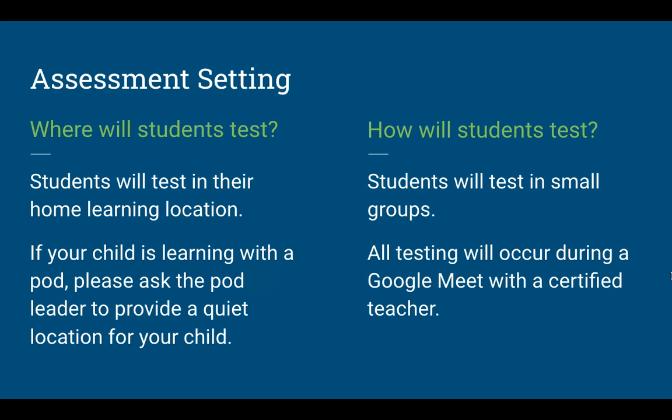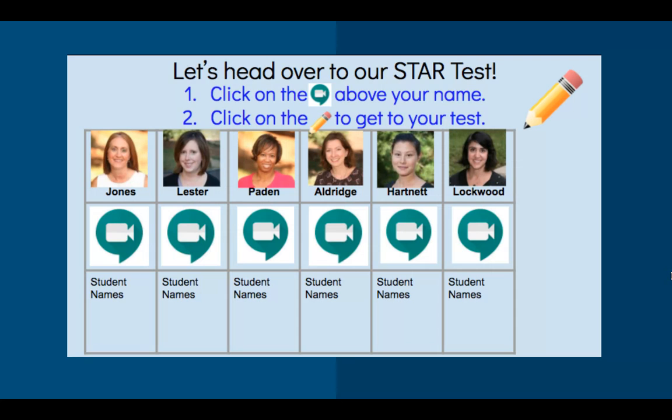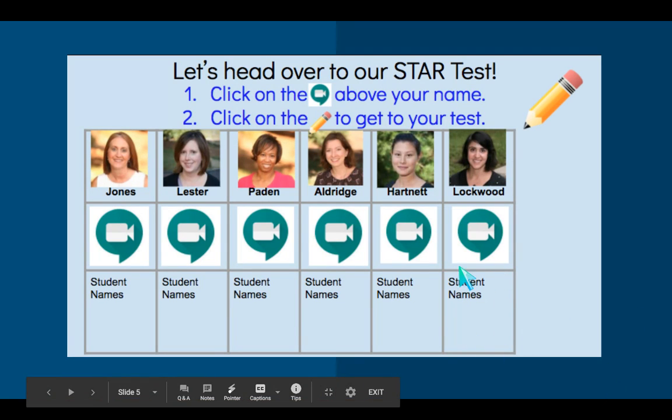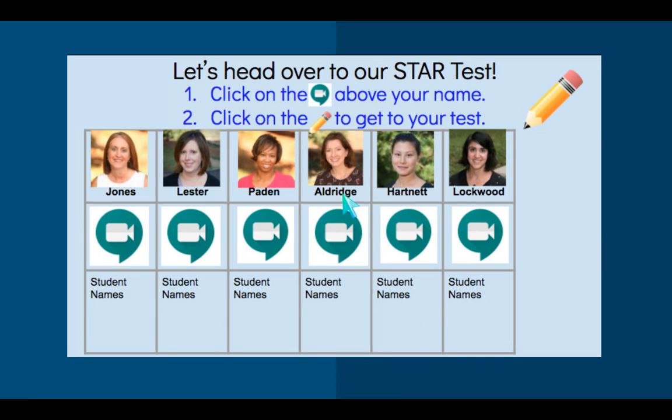Your child will also be testing with a person who may not be their classroom teacher. So they'll be testing in a small group, anywhere between 2 and 4 or 5 other students, and they will meet up in a Google Meet to be able to take their test. Your child's teacher will get a slide that looks a little bit like this. At the bottom, you'll see student names, and your child will find his or her name at the bottom and click the Meet link and then the pencil to be able to get to his or her meet with the teacher, and then the testing